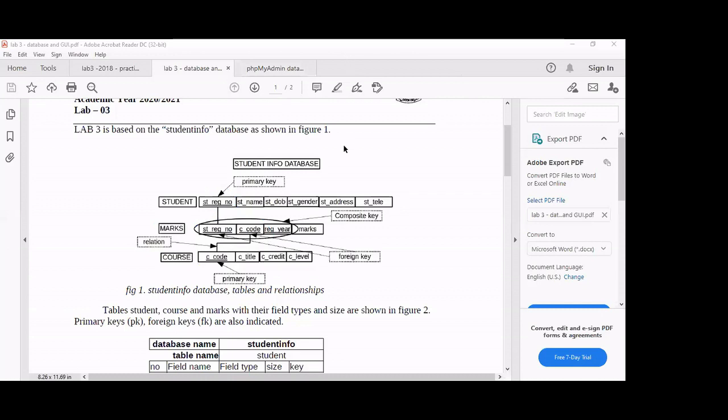Right, let's create this database, right? So I told you that you have to